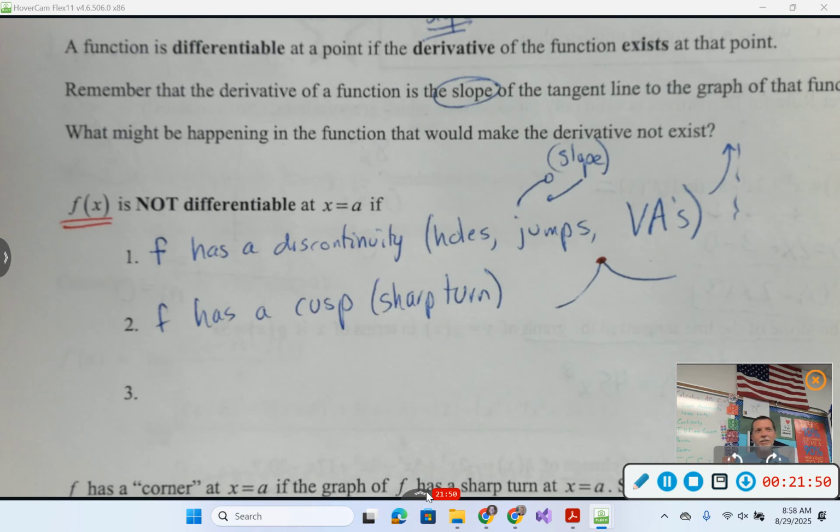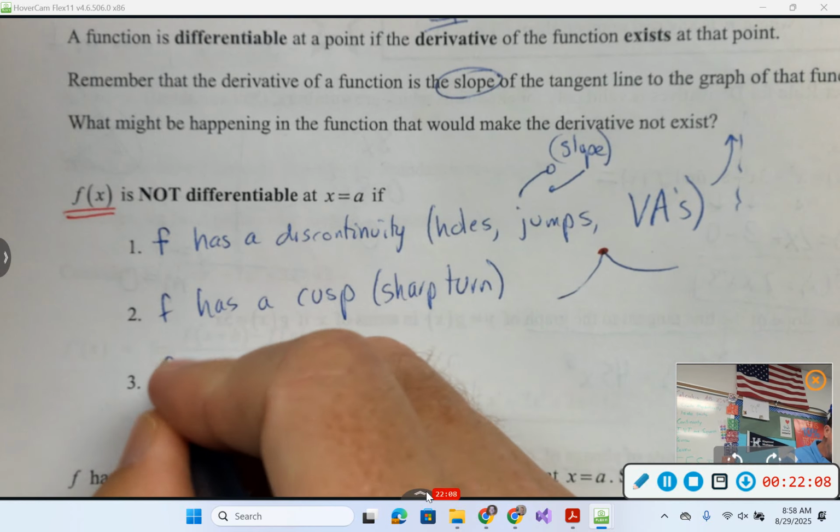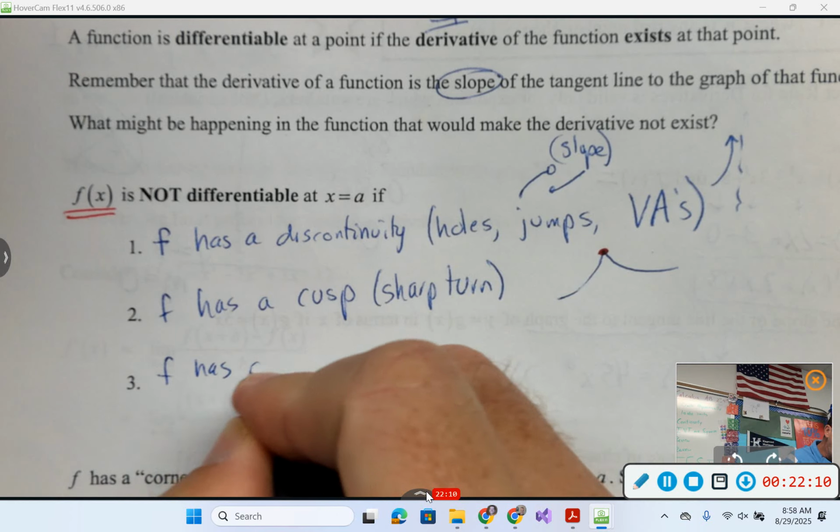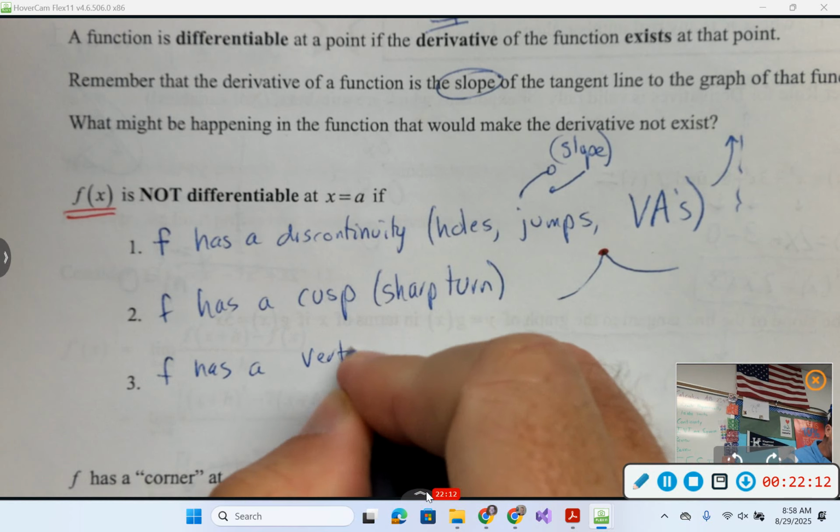And then lastly is one you know, but it's one that people get messed up in algebra, and so sometimes your brain doesn't make it all the way to calculus with this one. This is a zero slope. What type of line has no slope or undefined slope? Yeah, so if there's a function that has a vertical tangent line,